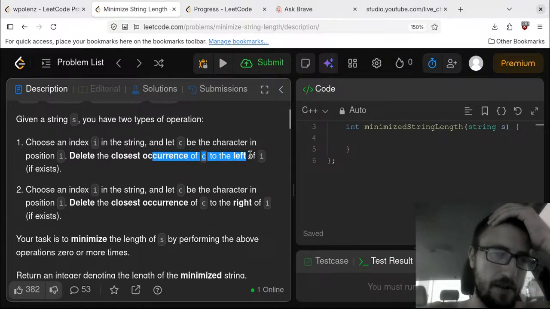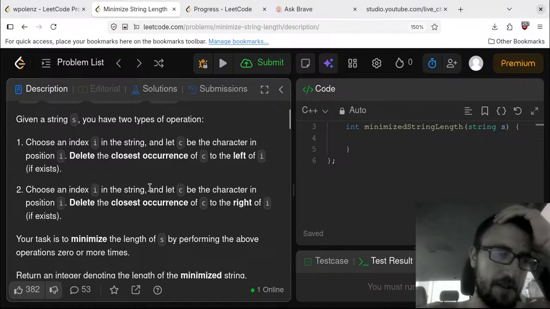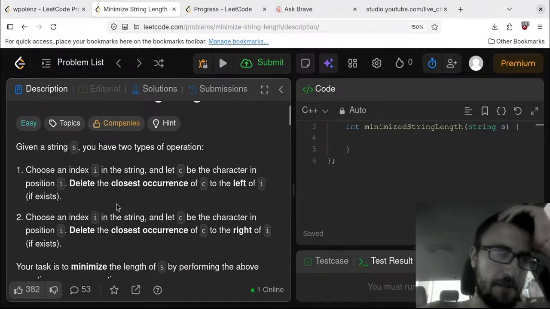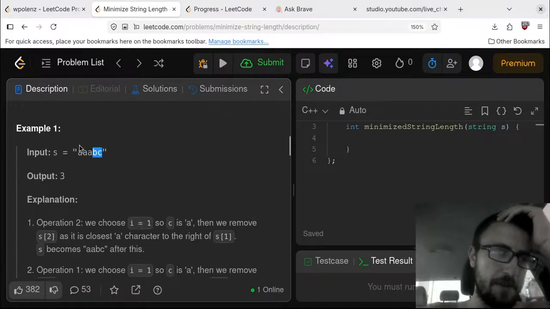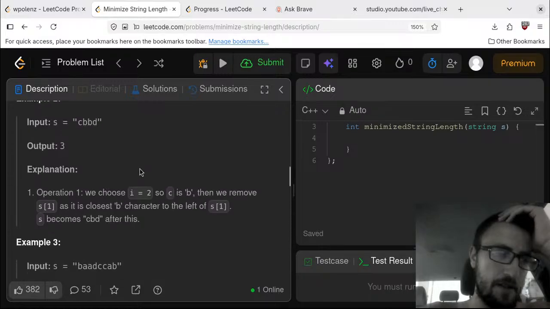I thought it said to the left. Oh, we have two types. Okay, we can go to the right or to the left. Okay, minimize the length by performing the operation zero or more times. Doesn't this just remove the unique values? So we're just left with ABC, right? And CBD and